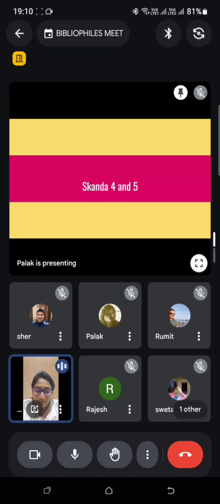Then, if there is a copper vessel that is 6 palas in weight, it is also called 4 angulas. We might use these words, angulas and sometimes truti, in our day-to-day life. Our grandparents used to say some things like that. I hope you're able to understand what I'm trying to say. It's all technical, so I wanted to share this with you.